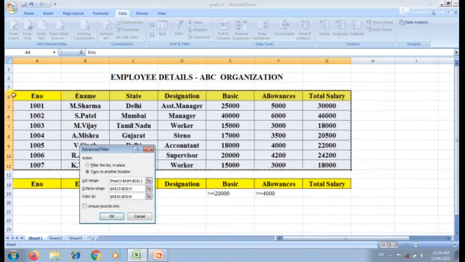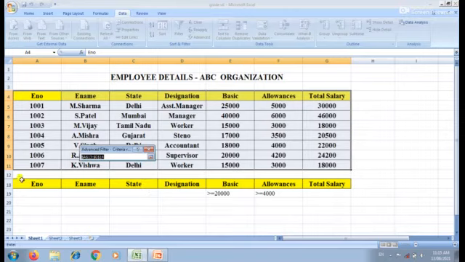Here the list range I have selected is from A4 to G11. Don't forget, student, A4 to G11. Then for the criteria range, it asks you to select the criteria range. Here the criteria range I have selected is from A18 to G19.